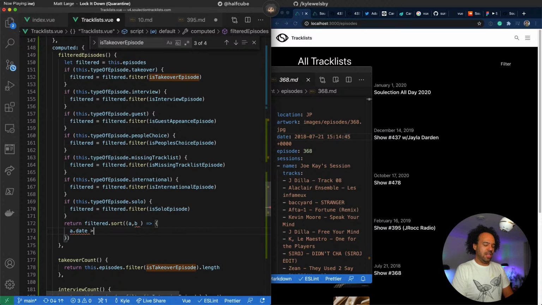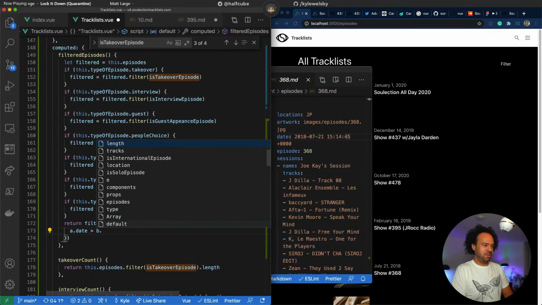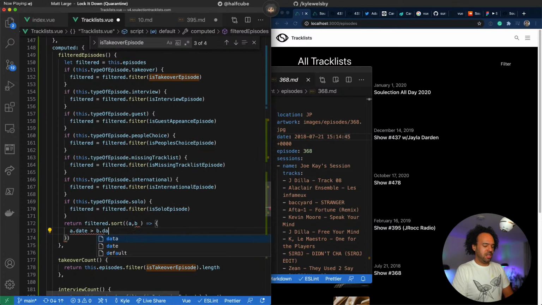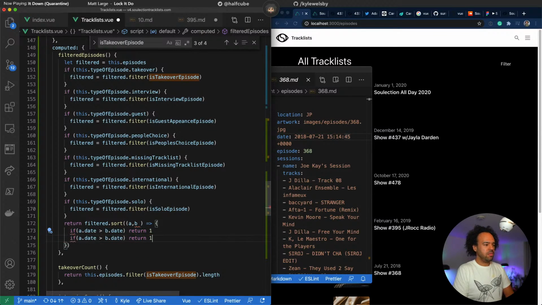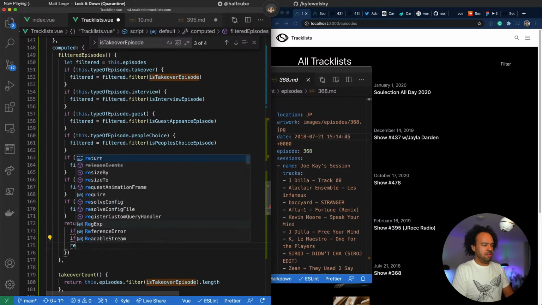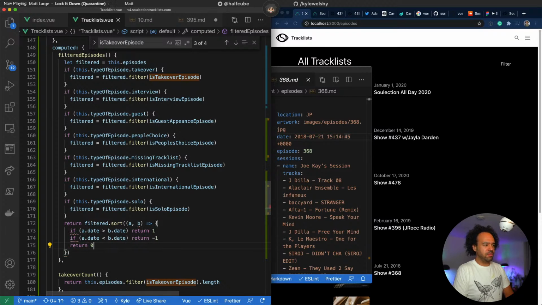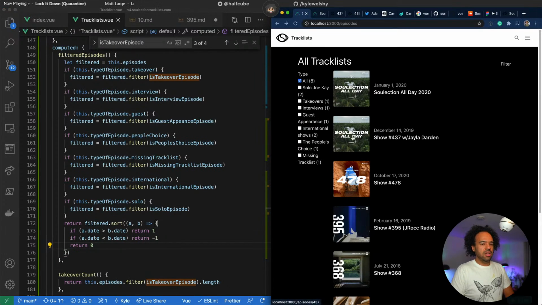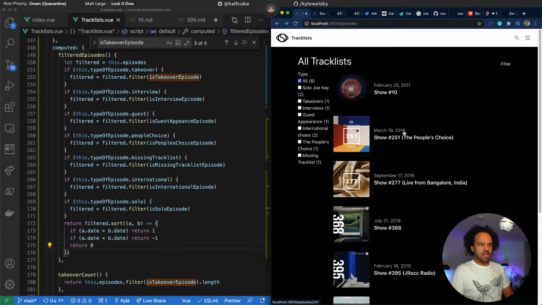So if a date is greater than b date, return 1. If it's less than, return -1, otherwise return 0. Yeah, got those the wrong way around.